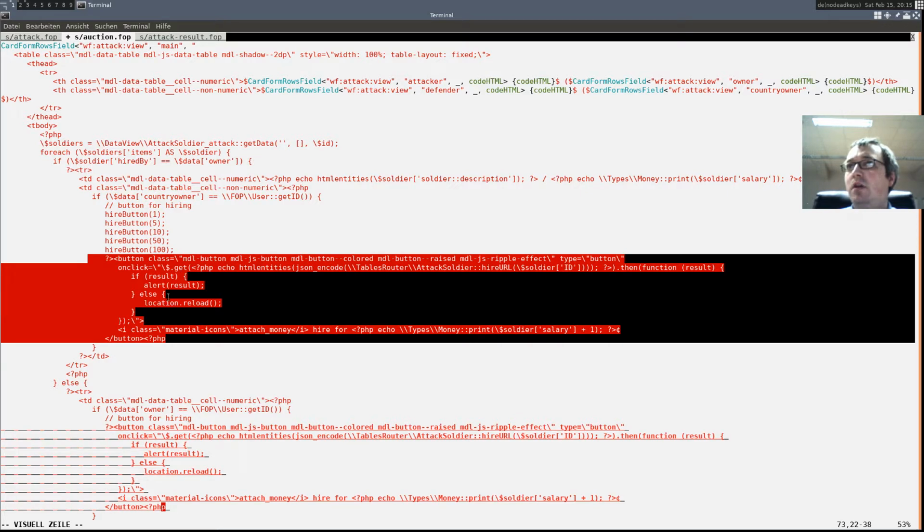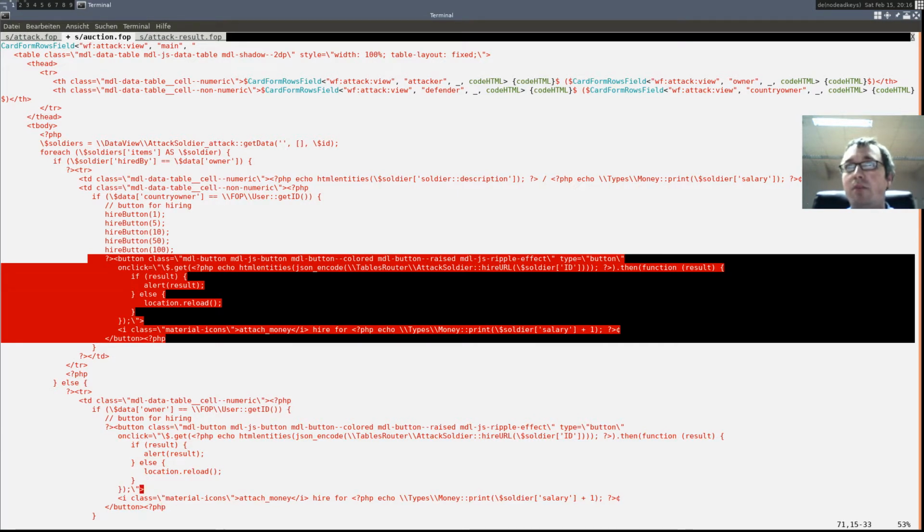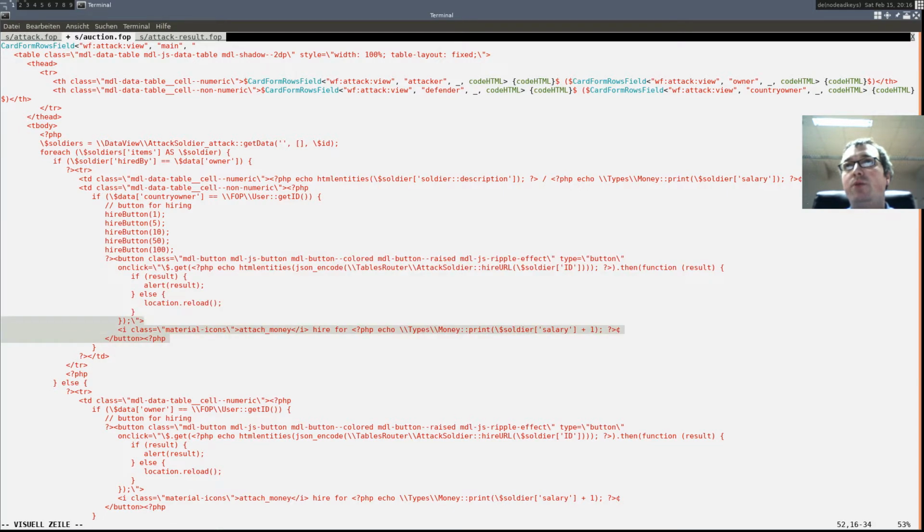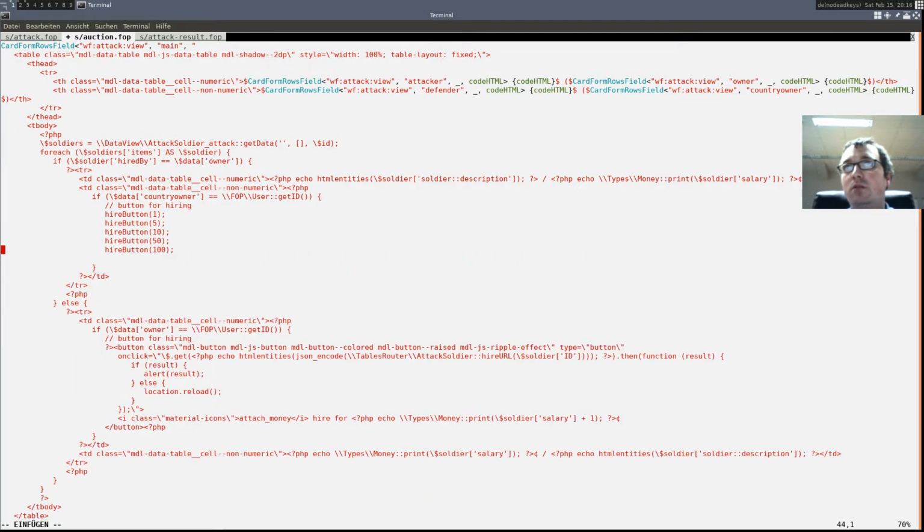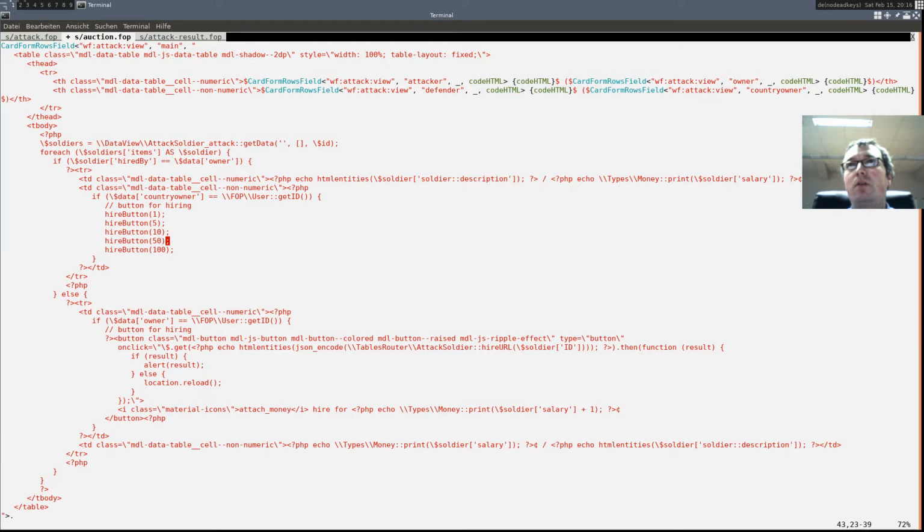Then result, location reload, attach money, hire for a salary +1. Okay, so it's exactly the same, so we can remove this code and insert it here again.